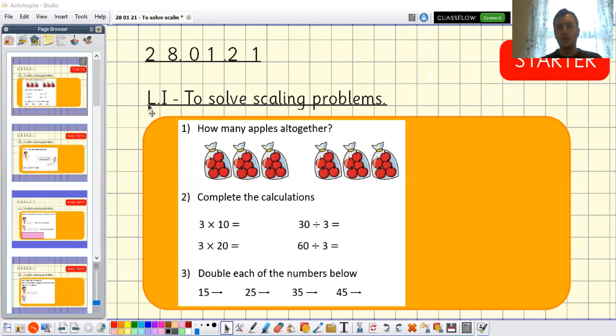Now, today, we're going to move on from dividing 2 digits by 1 digit, as we've been doing for most of this week, to solving scaling problems. We're going to talk about what scaling problems are. But for now,